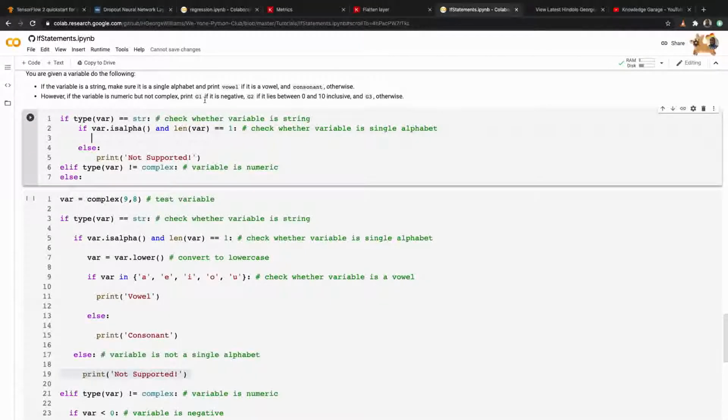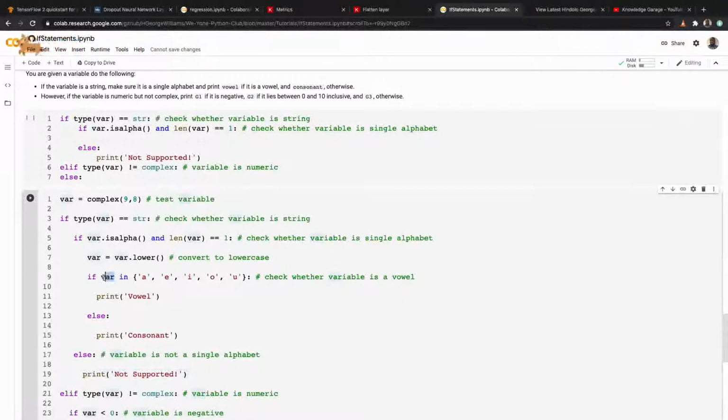So now we can go to the next stage. Now we want to print vowel if that single alphabet is a vowel, and consonant if it is not. So basically all we have to do here is check if var is in the set of vowels. But before we do that, you want to convert this to lowercase,